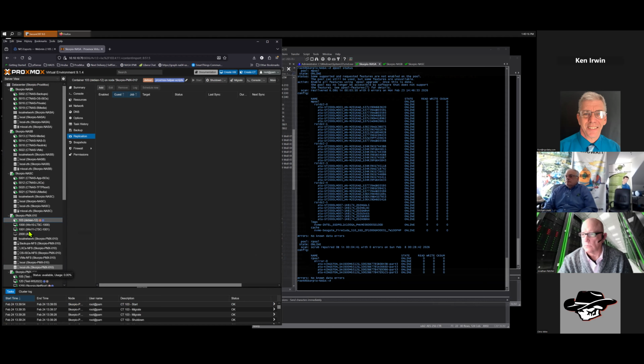The time it takes to do this is the replication of the memory, not the replication of the disk. The disk never gets replicated because the disk is always available everywhere. If we look at the resources for this, we can see that what it actually replicated was 2 gig of RAM.